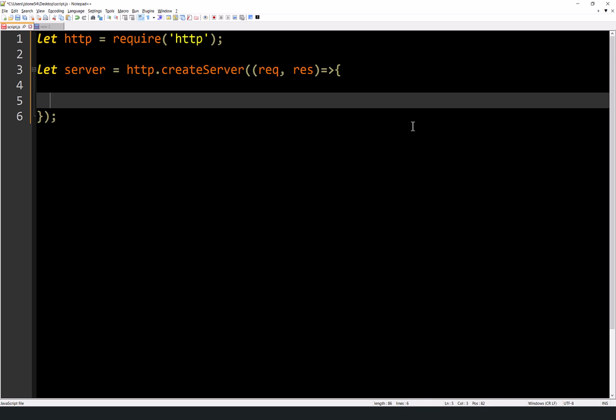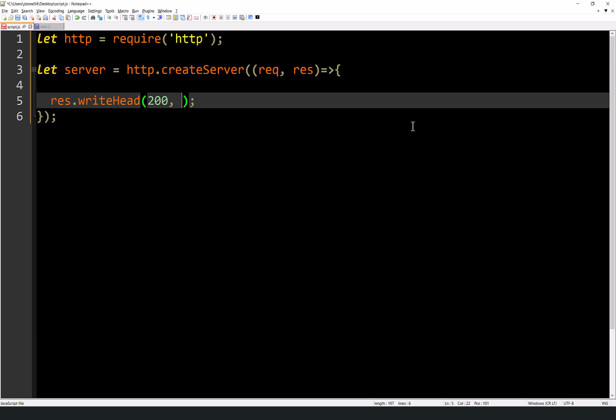So we're going to write some header information to the browser to let it know, hey, browser, we're about to send you some information and here's the kind of information you're going to get. So res.writeHead, short for write header. We're going to send that information. And it takes in two things. One, the status code, which we're telling the browser is status 200, which if you'll recall from the Ajax lecture, means everything's okay. So we're telling the browser everything's okay.